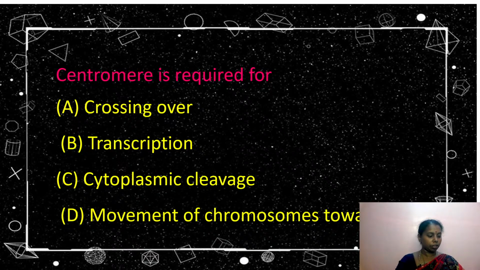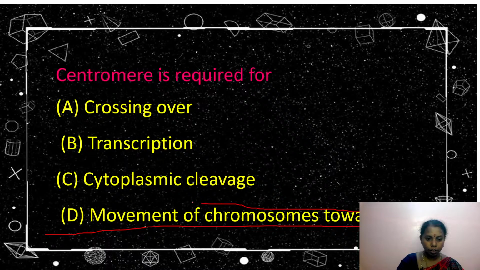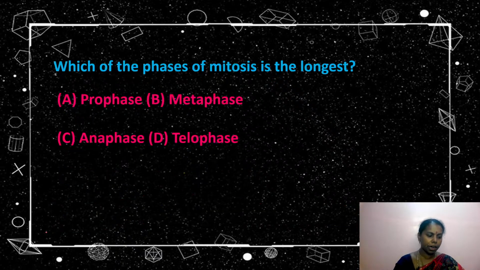Yes, Tarunika answered, Jeevan answered, Lakshita answered, Vivek answered, and Shivashi answered. Arvinsha answered. Yes, excellent answer by you all. It is movement of chromosome towards the poles. Yes, centromere, mainly helpful for the movement towards the pole, is the very correct answer. As you know, in anaphase, it happens. Yes, Vaishnavi, Sivashi, Arvinsha, Kalpana and Sanjay, excellent.